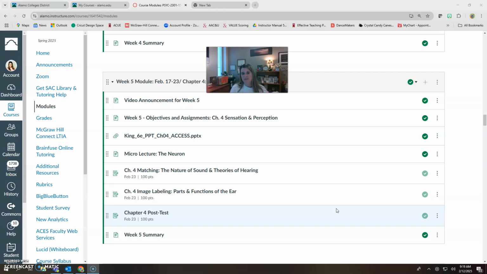This week, as we move into week 5, we're moving into chapter 4, which is over sensation and perception. We will be looking at our sensory systems and how that information is taken in through one of our 5 senses, and then is processed in the brain, which is the perception side of it. It's a really neat way of seeing what we've set the groundwork for with learning about the neuron and the nervous system and how the brain works and how we study psychology as a science, and bringing that all together and now seeing how that relays into perception.